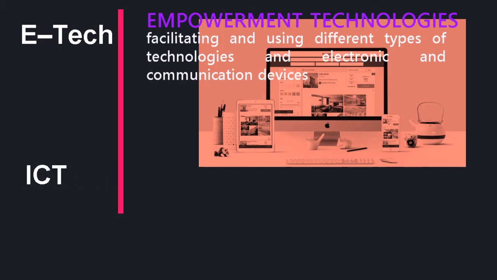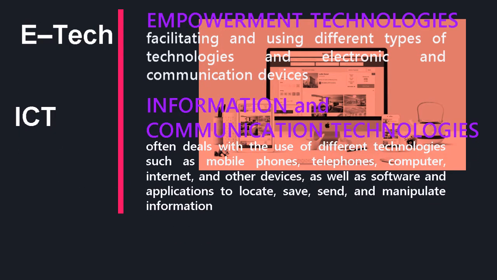Information and Communication Technologies (ICT). It is the use of different communication technologies such as smartphone, home phone, and internet used to locate, save, send, and edit information. ICT is the study of computers as data processing tools. It introduces the student to the fundamentals of using computer systems in an internet environment. ICTs consist of three technologies: information technology, computer technology, and communication technology.